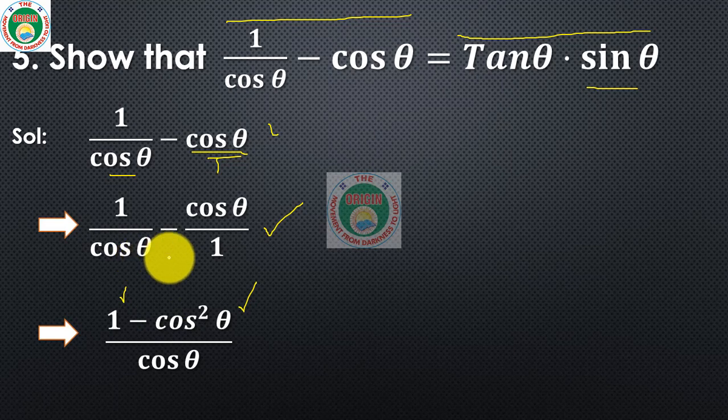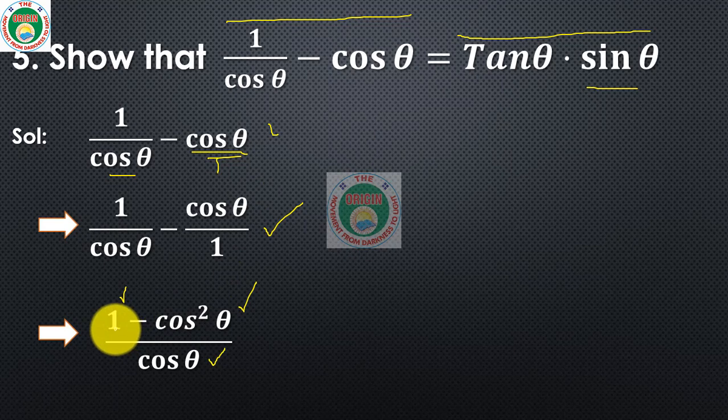Once again look here. Cos θ into 1, that is, the LCM is cos θ. Whatever the LCM is, that LCM is divided by the denominator of the first fraction, that is cos θ by cos θ. Cos θ gets cancelled, answer 1. That resultant 1 is multiplied with the numerator, 1 into 1 is 1. Do the same process for the second fraction also. Cos θ by 1 equals cos θ. The resultant cos θ is multiplied with the numerator cos θ, that is cos θ into cos θ is cos square θ.